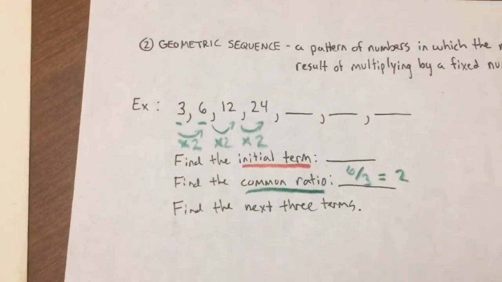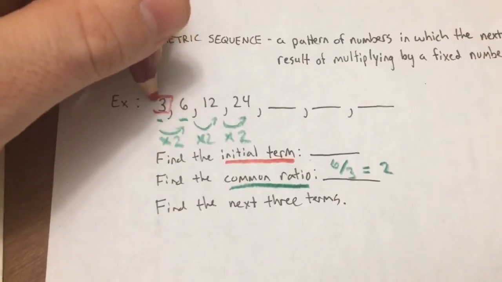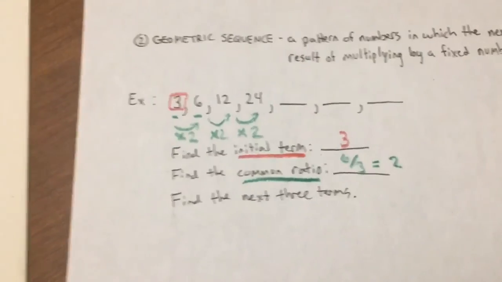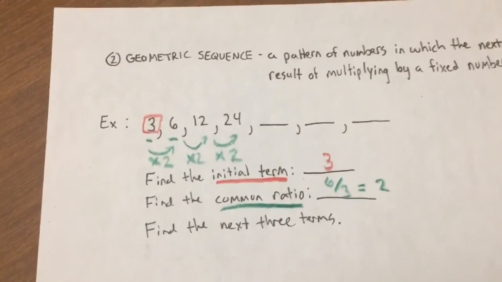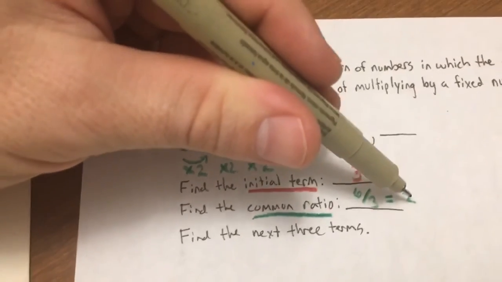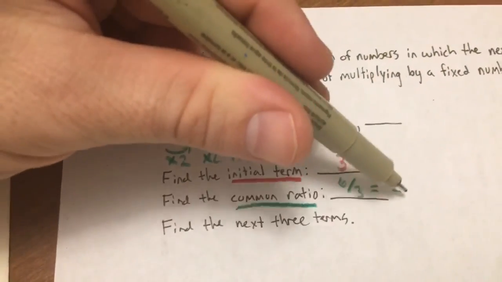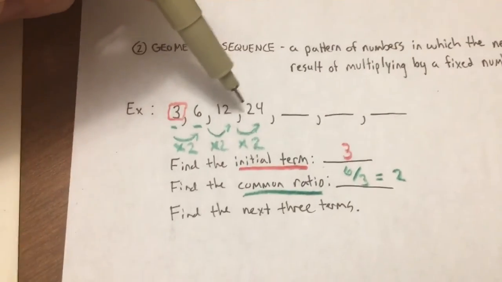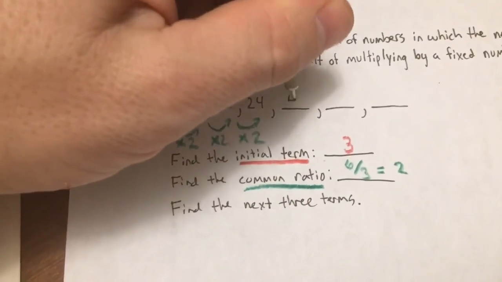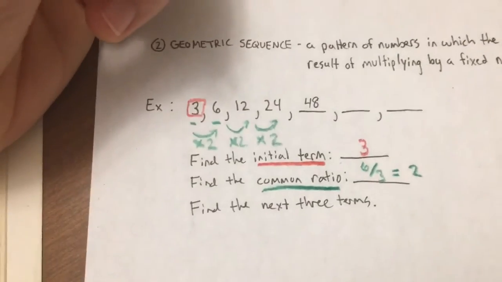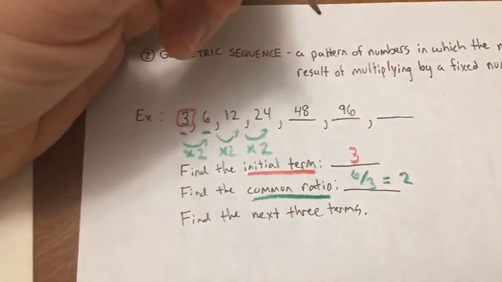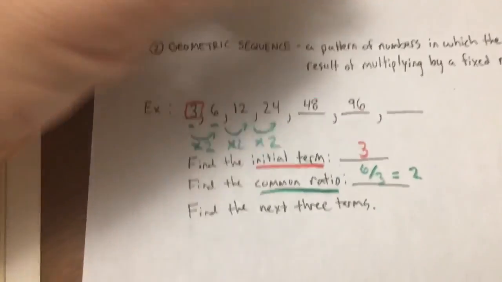And then, of course, the initial term, we can't forget about that. We already know that the beginning term is 3. So now let's find the next 3 terms. So all we're going to do, because we know the common ratio is multiplying by a fixed number, in this case it's going to be 2. So 24 times 2 gives us, you guessed it, 48. And then 48 times 2 gives us 96. And then 96 times 2 gives us